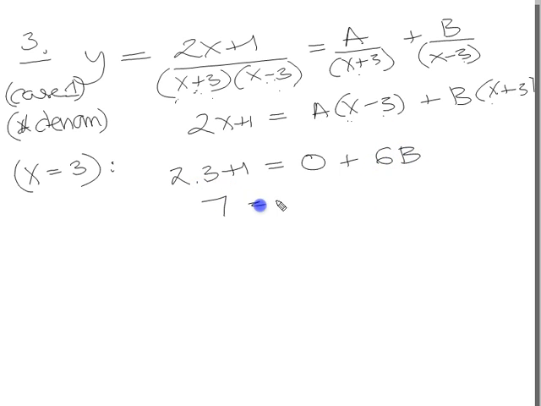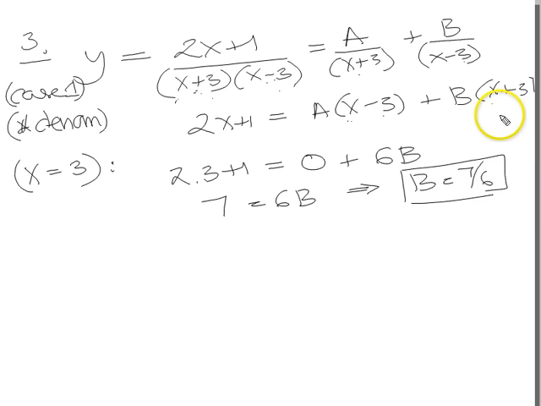So 7 equals 6b. That tells us that b is equal to 7/6. That's fine, there's b. And now we do the other convenient value. We did 3 to make that disappear. If we do minus 3, then that one will disappear. Substitute that into this line here. You get 2 times minus 3 is minus 6, 2 times minus 3 plus 1